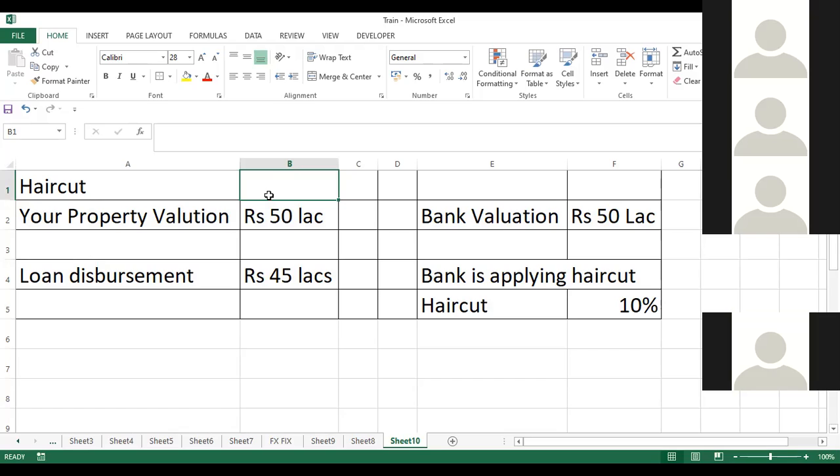So if in case the value falls drastically, then it is a risk because the value of the collateral goes down. That means the paper the bank holds in its name, as in your loan property papers, even if the bank would like to sell your property in the open market, the bank would not be able to recover the full money